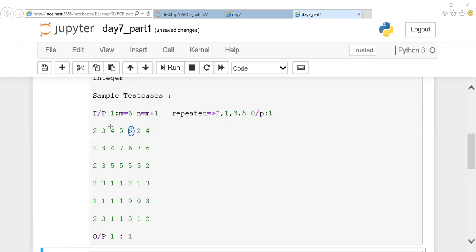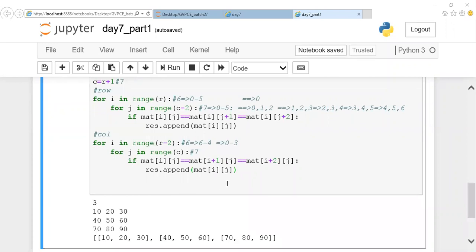Same way for column wise also, I'm just mentioning here row minus 2. Since if you're going with a row wise, I'm supposed to be concerned with column. When I'm going with a column wise, I'm supposed to be concerned with your row. That's the reason I'm just modifying the condition for the loop. Now, what could be the condition for your diagonal values?